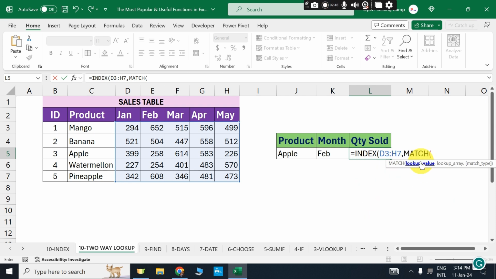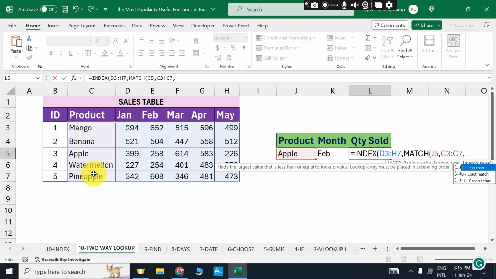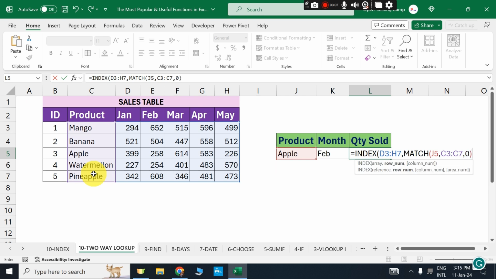What are we looking up for? We are looking up for the product that we have in this cell, comma, and the lookup array this time will be this range here. Since we are interested in an exact match, I'll say 0 and close off the match from here, comma, and